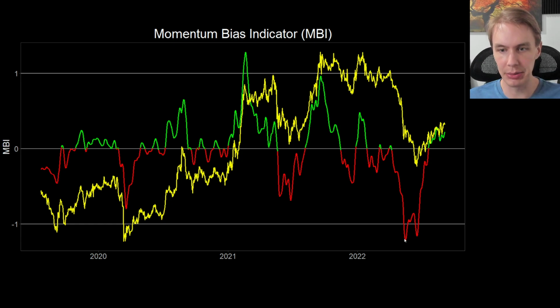And what you'll see is that we actually printed our lowest MBI readings ever, back in these two big capitulations that we saw here. Although interestingly, you actually see a slight bullish divergence that formed between this one and this one, right? Where we got a higher low here, even though price went to a new low, and then we actually ended up shooting off to the upside. Kind of an interesting thing that played out there.